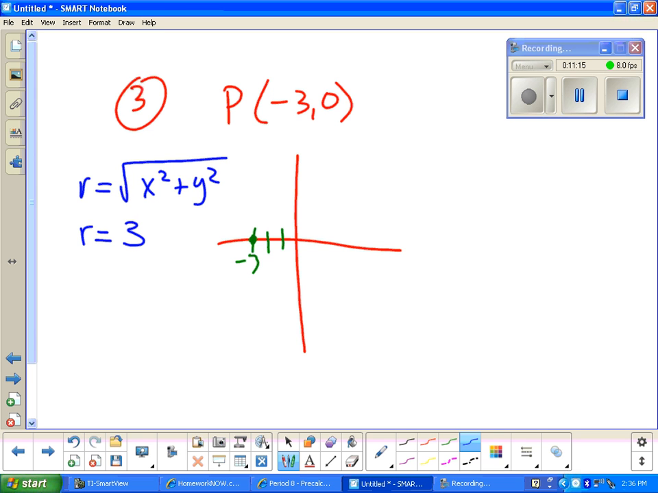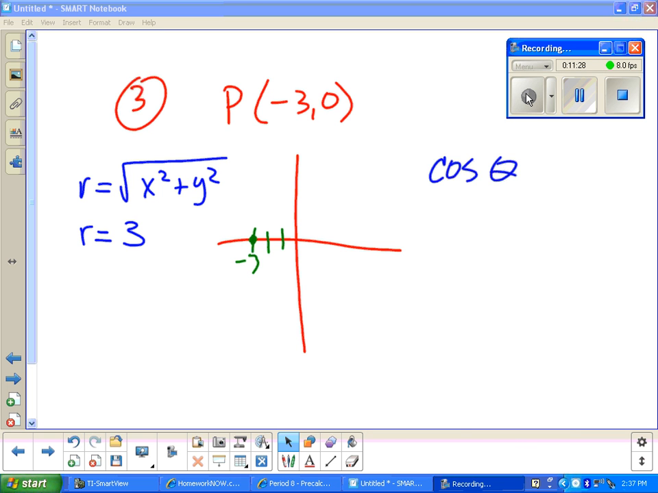R is the radius, right? Yeah. What are we doing with x squared plus y squared? We're finding the radius. But it's also the hypotenuse. We're doing the same thing we just did on the last problem. And so once we know that R is 3,